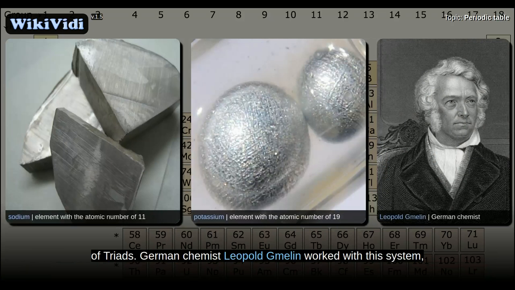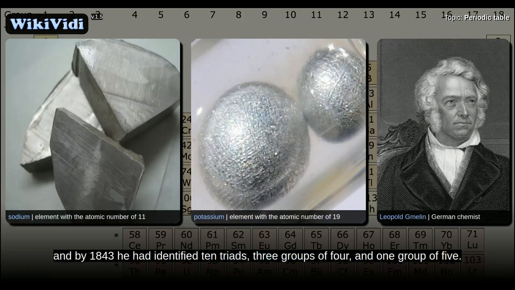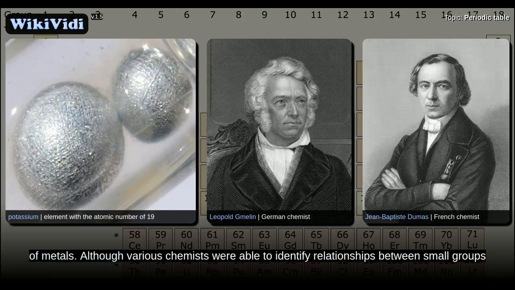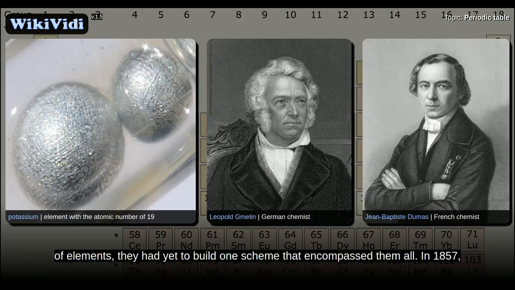German chemist Leopold G. Mellin worked with this system, and by 1843 he had identified 10 triads, 3 groups of 4, and 1 group of 5. Jean-Baptiste Dumas published work in 1857 describing relationships between various groups of metals. Although various chemists were able to identify relationships between small groups of elements, they had yet to build one scheme